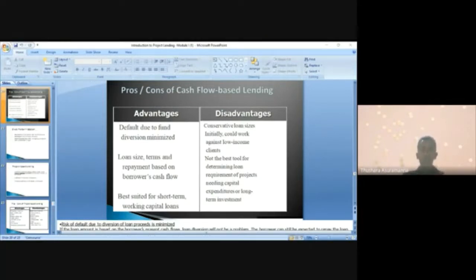Once you approve that, there may be underlying conditions for that. Let's say an import loan, maybe at 3 months maturity you have to repay. Stock could be mortgaged. Stock to be insured. If it's an LC, the LC is to be retired through the funds, and then the IFL will be created. I mean, you are not giving away the money without checking the end use. So when you do that, we can control the end use. We can request the customer to use the funds for the intended purpose. That's what we say fund diversion minimized.